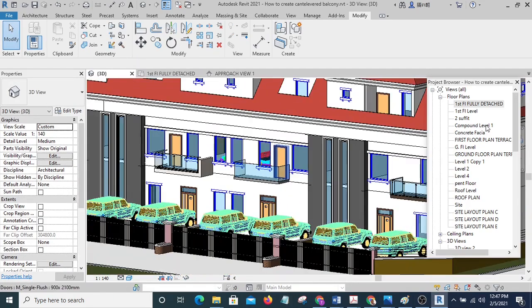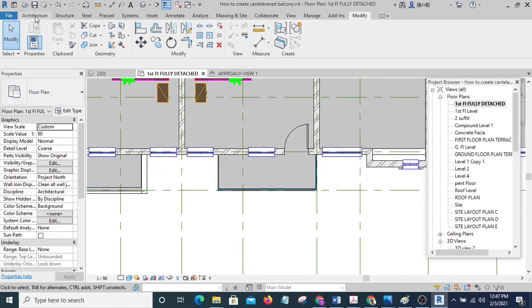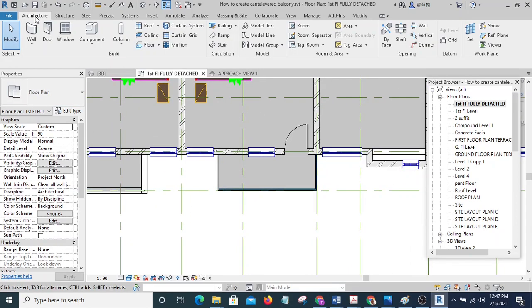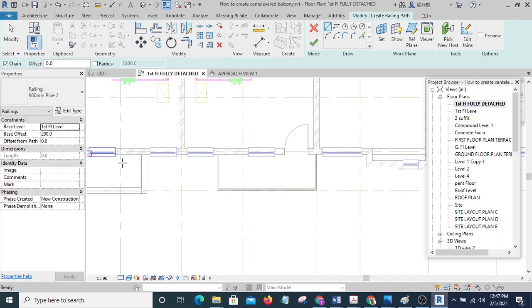We'll go to our first floor plan, and we are going to go to architecture tab. You click on that drop down, on this drop down. Then I'm going to sketch. The type I want to use is, let's say this type 2.